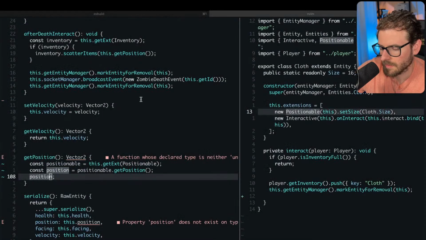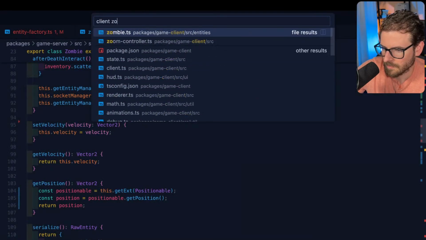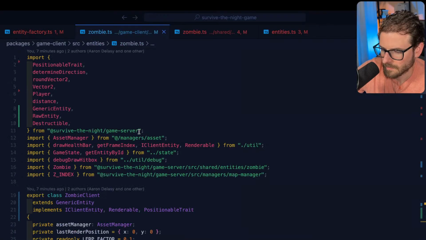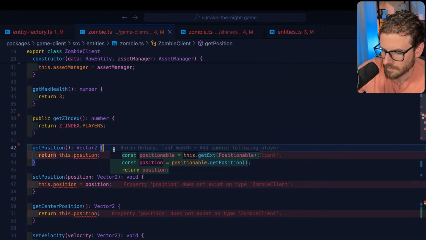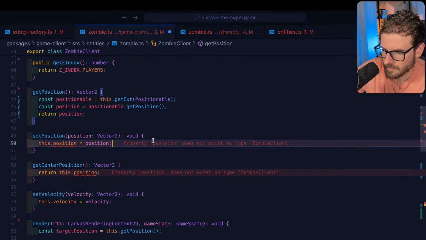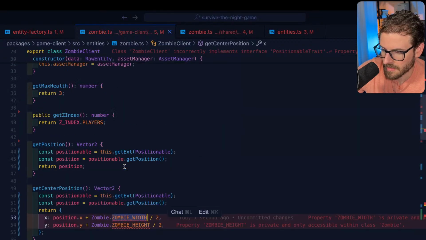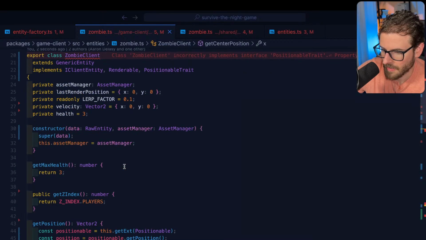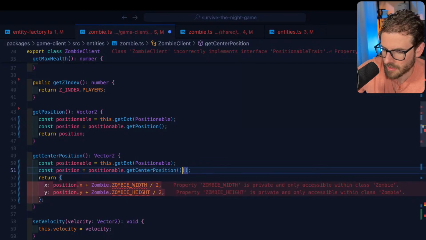Render. This doesn't even need set position. I'm just hacking this together right now. Like, I don't care. I've reached my limit, I just want to use cursor point. Get center position. Yeah, this should just be get center position.